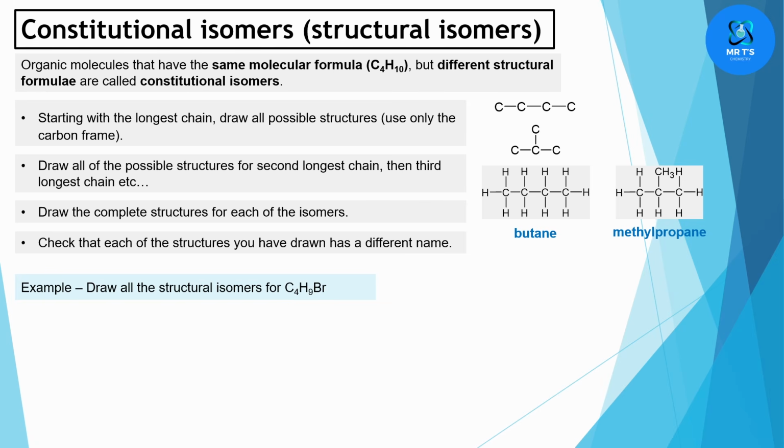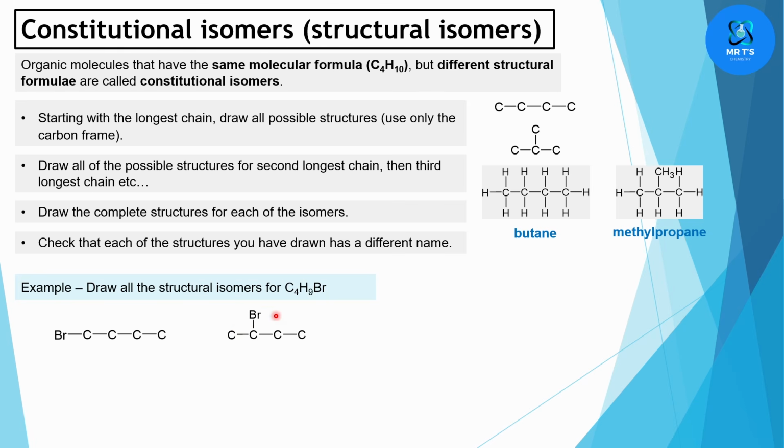Example: draw the structural isomers for C4H9Br. If we start with my first rule here, we're going to draw 4 carbons in a row and put the bromine in as many different positions as we can. I can put the bromine coming off the first carbon, or off the second carbon. What I can't do is draw another one with a bromine coming off the third carbon, because that would be the same as the bromine coming off the second carbon, just flipped around,